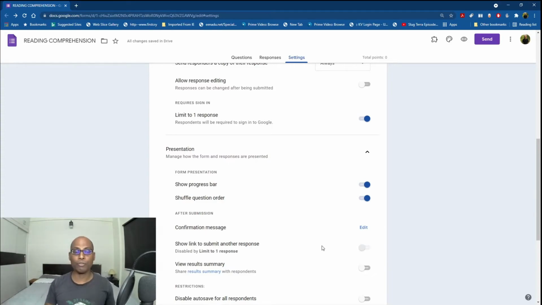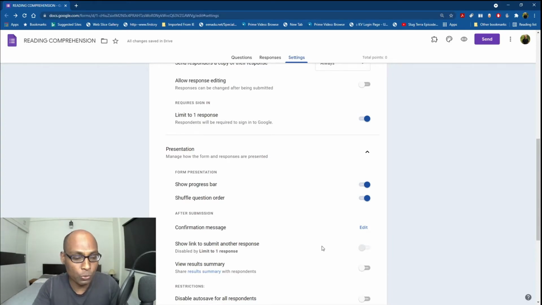But there is one confusion, whether if you set the questions under different sections, the questions under different sections will be shuffled automatically or not; I am also not very clear about that. But if you have created questions under one single section for the entire question paper, then you can shuffle the question order. It doesn't mean that you can shuffle the sections. So what I assume is that if you have created 3-4 different sections, within those sections you can shuffle the questions, but the sections will not be shuffled.